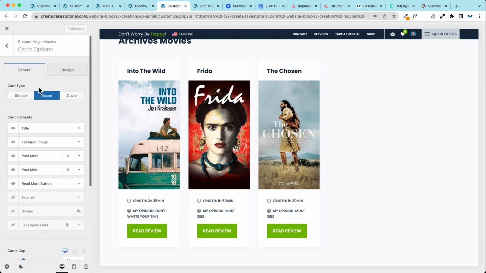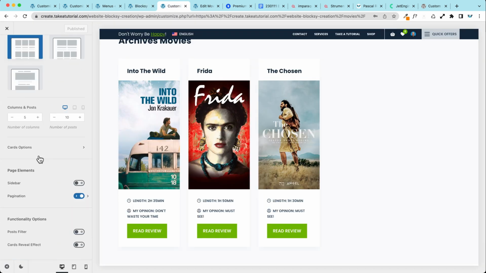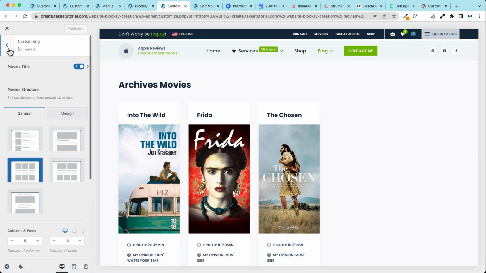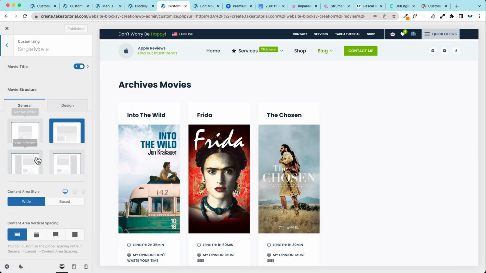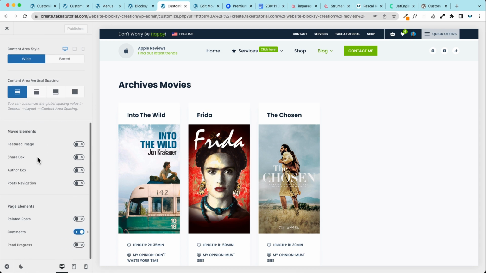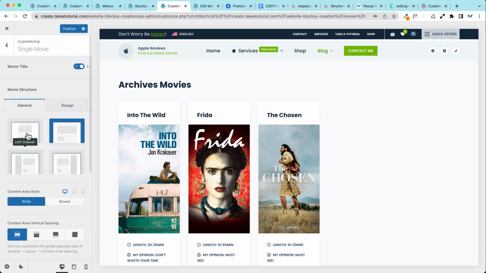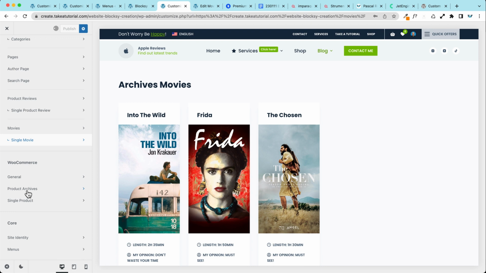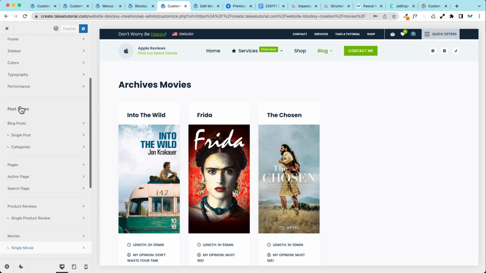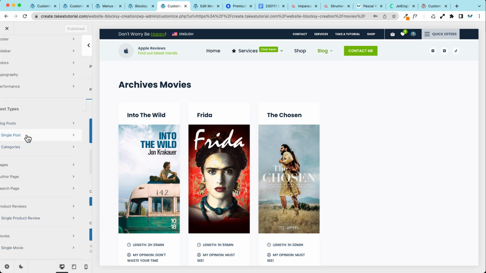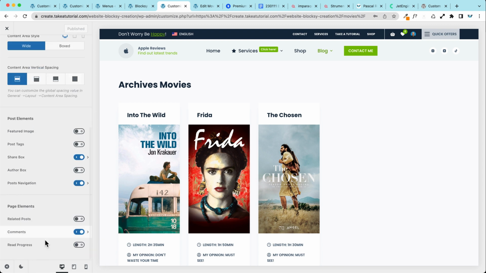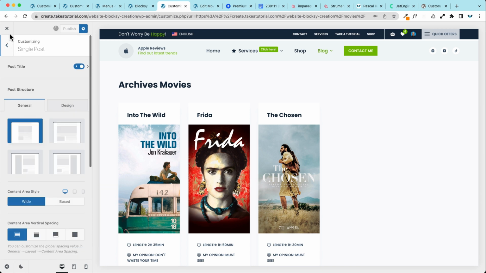For example, you can enable in the single, let's go inside here into the single movie review, for example. You can add some elements like read progress, which is great. You also have some other stuff. For example, if I enable it also in my blog posts, maybe let's go to blog. I can go in single post and I can add even here my read progress. Okay, I can publish it, and then I will also have some more options when I am in the category